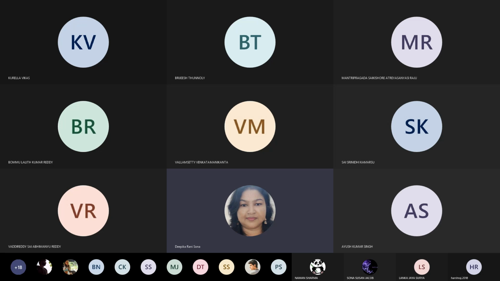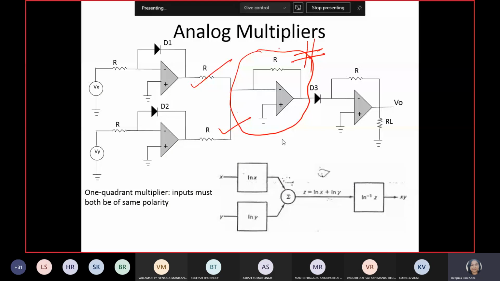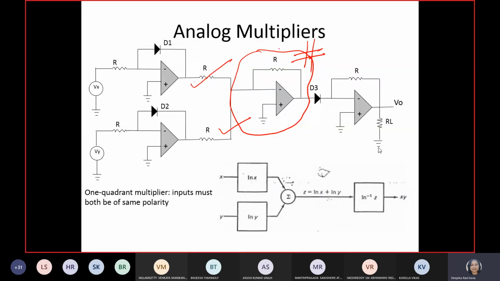Wait, guys, I'll show this for the remaining class also. Then a homework for you: design the circuit which will give rise to, at a time, the x dot y function, x by y function and x square function. All the circuits we have learned, right? X by y we have seen in the example, then we have seen the x square circuit also. Now we can have a look at the x dot y circuit, guys.